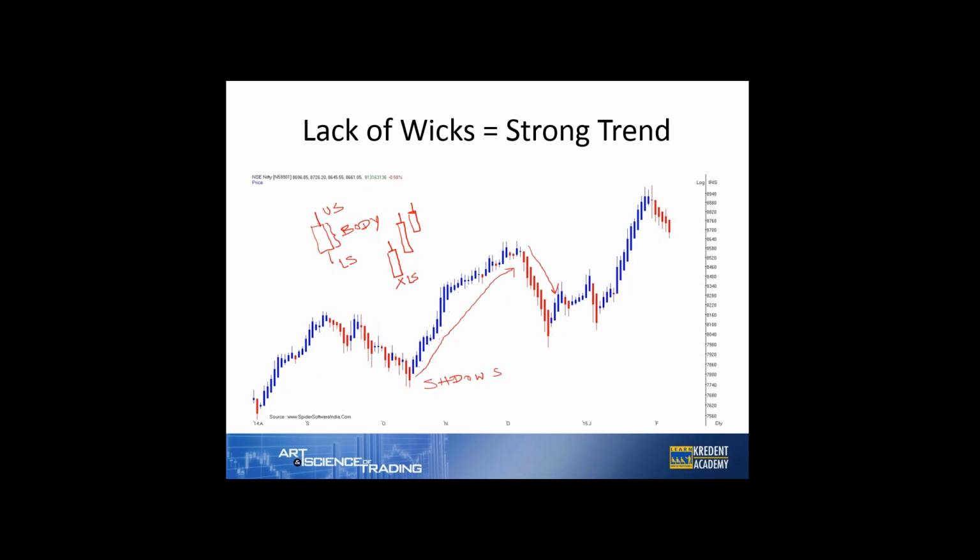The opposite side of it is when there is a strong downtrend, there will be no upper shadow or upper wick. It can be a very long candle, it can be a very short candle, but if the underlying trend is very strong, you will notice none of these candles have any upper wicks. So that's a sign of a strong downtrend. That's a sign of a strong uptrend. So whenever you spot a lack of wicks in any uptrend or downtrend, you know that we are in a strong trend, and it makes sense to ride the max out of it.